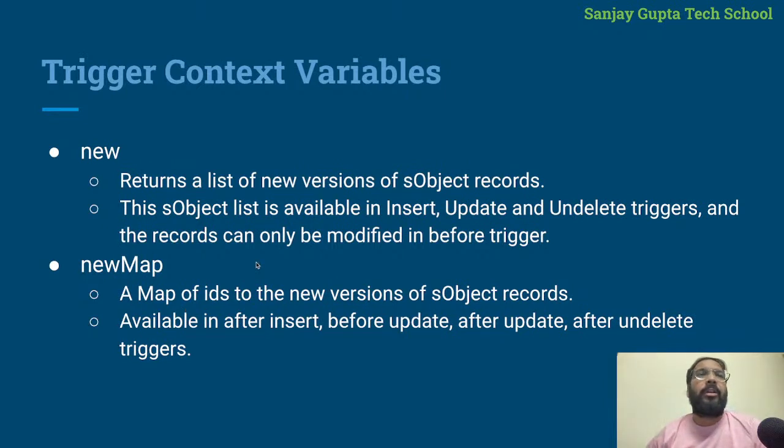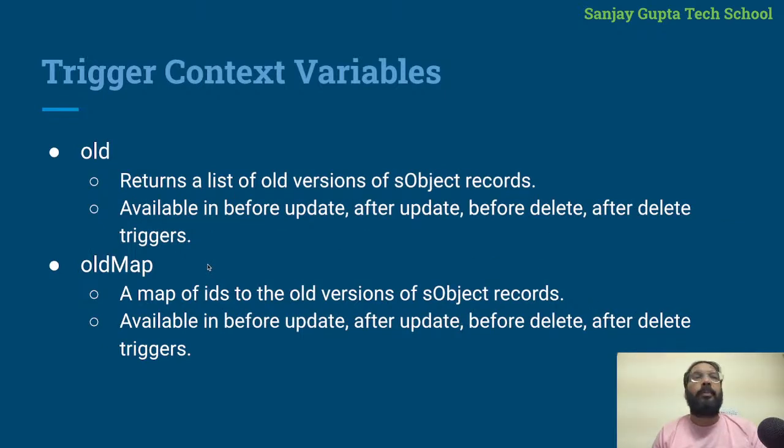Okay, so just read all the statements which are written over here, and then I will show you a table as well, so that you can just compare everything. So new and new map is for new records. But if you are updating any record,